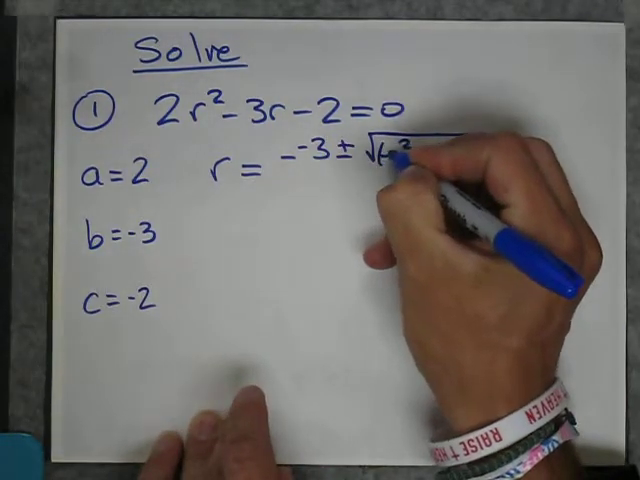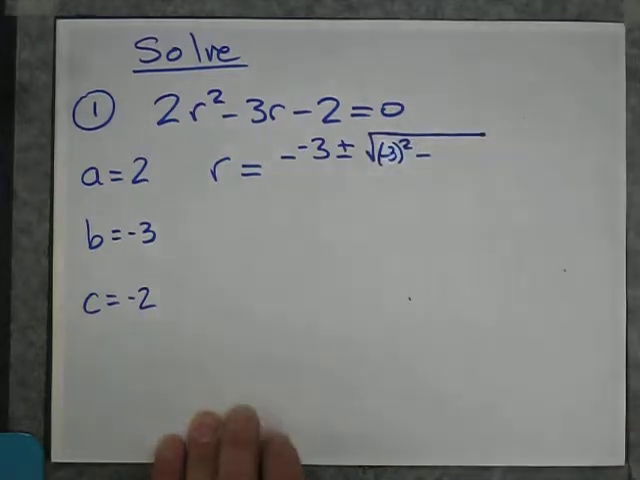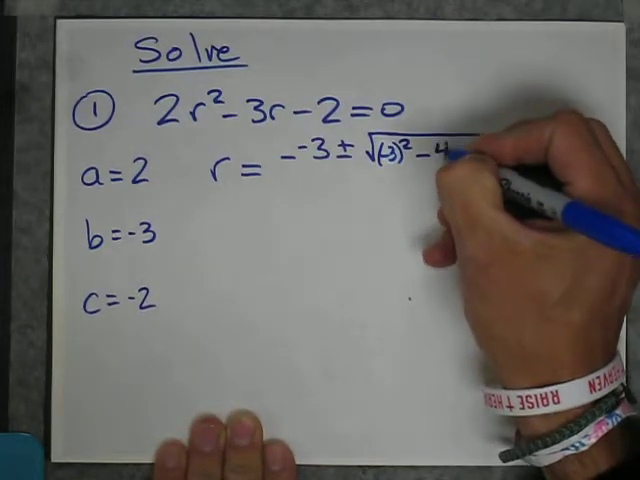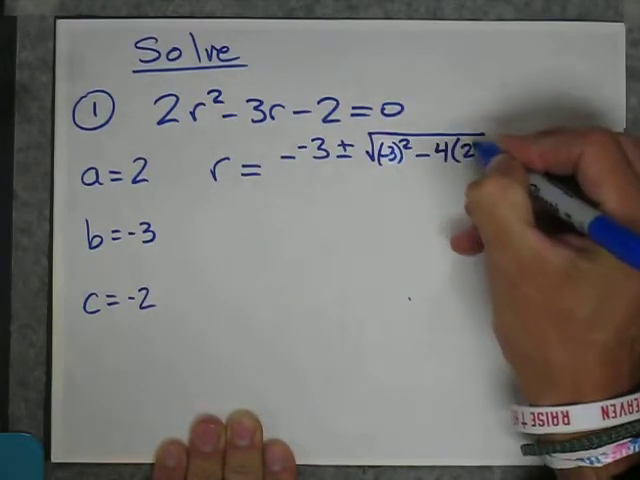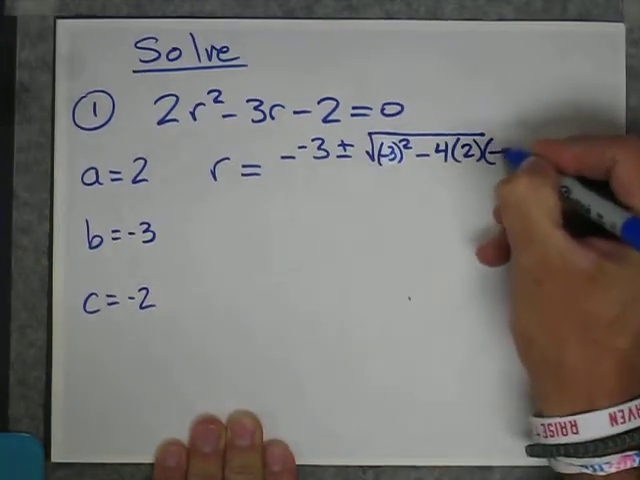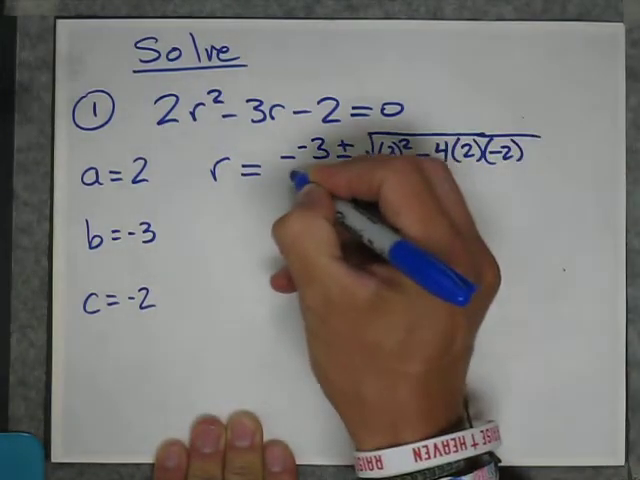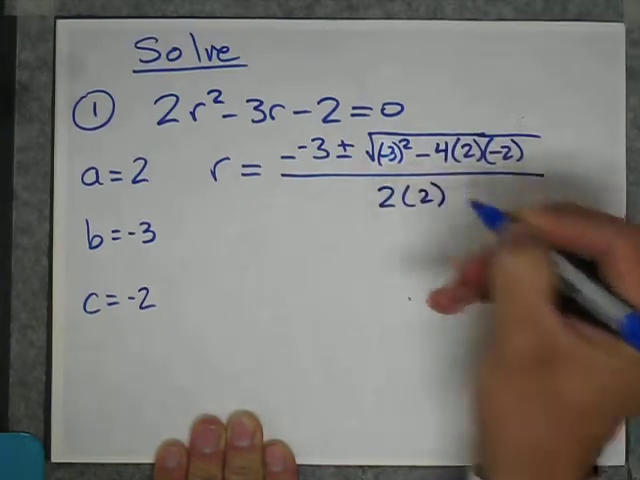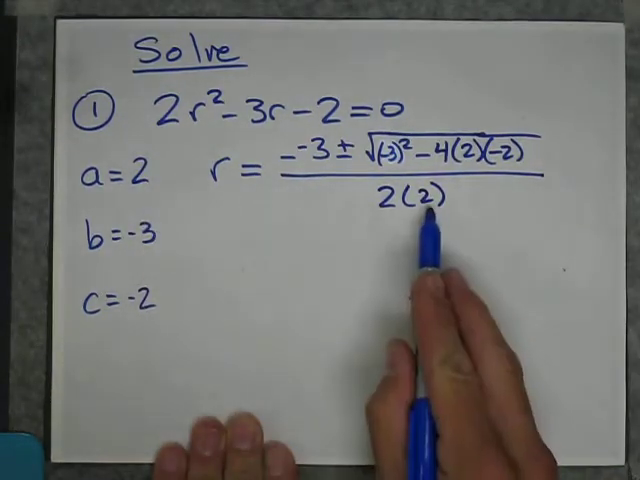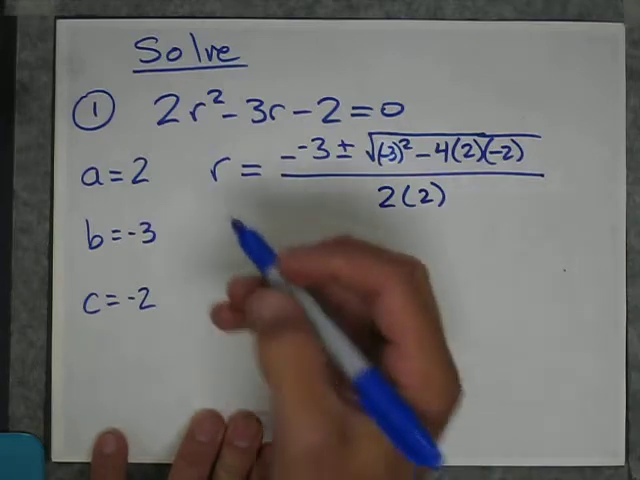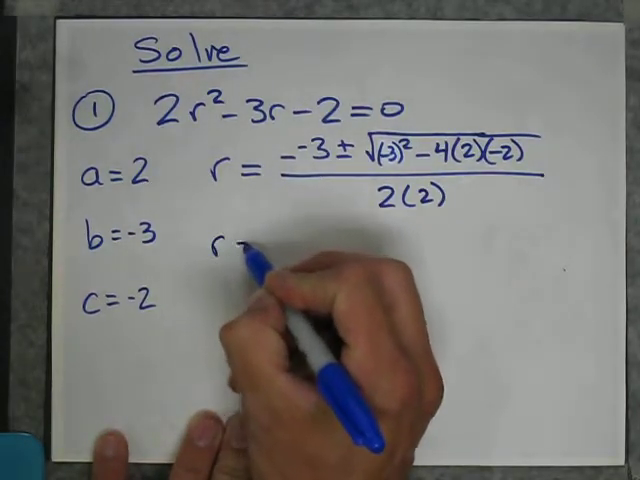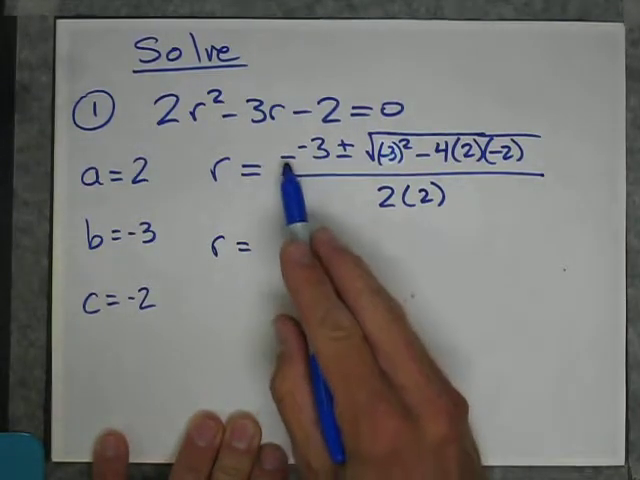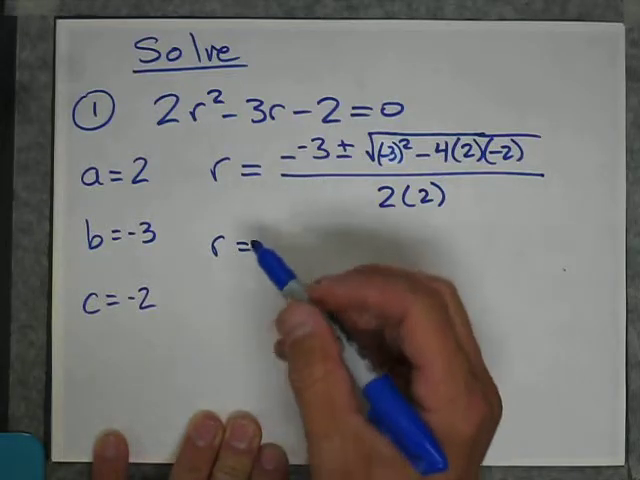Yeah, take that. Negative 3 squared minus 4a, which is 2, and then c, which is negative 2. All divided by 2 times a, which is, again, 2. Goes right there. Now we simplify. So r is equal to, a negative and a negative will yield for us